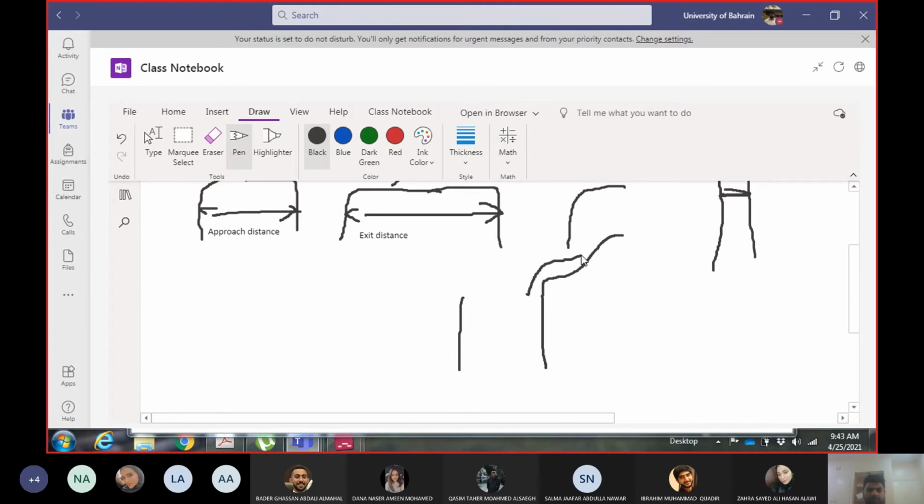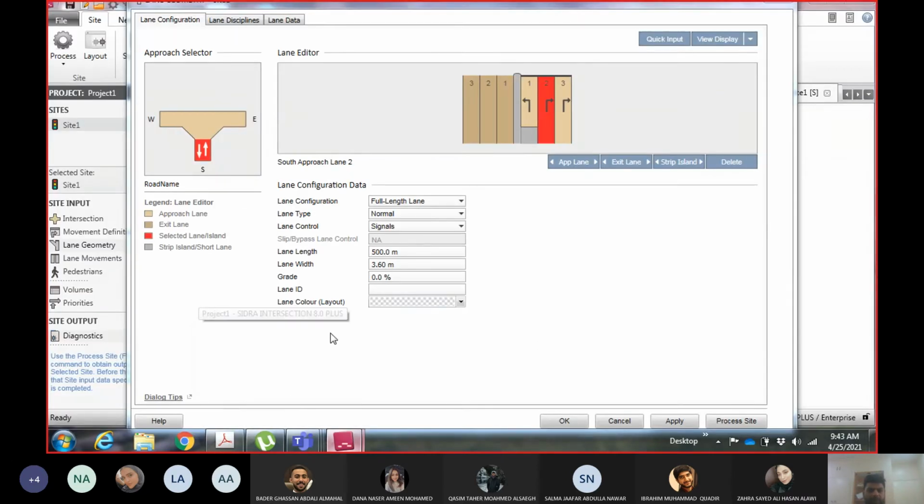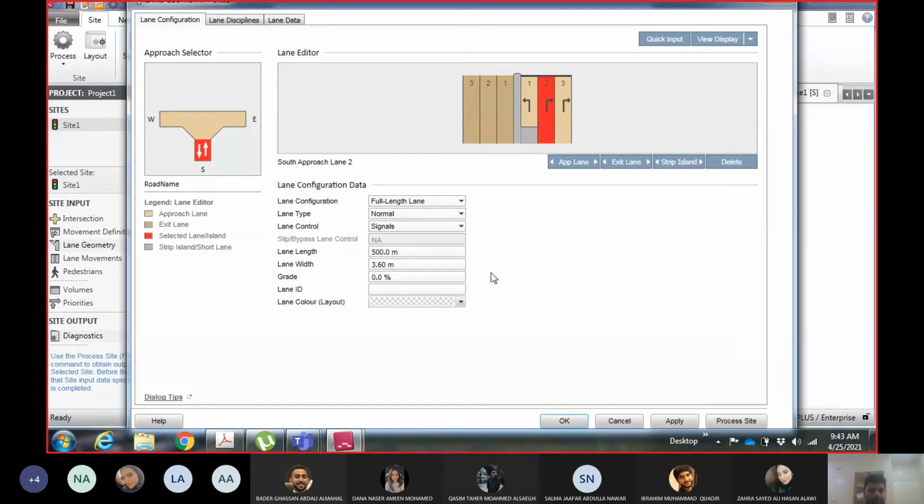You come here and this is a slip lane for the right turn. Same thing for the left turning as well, but normally for left turning we don't have slip lanes. You want to control this lane with a signal, or you want to make it continuous. Obviously in our case, the right turning is continuous.